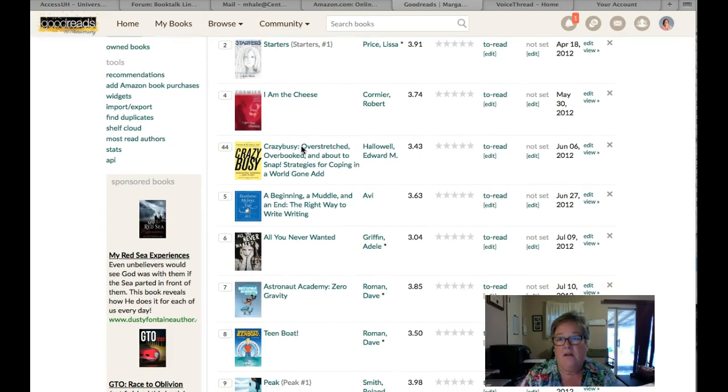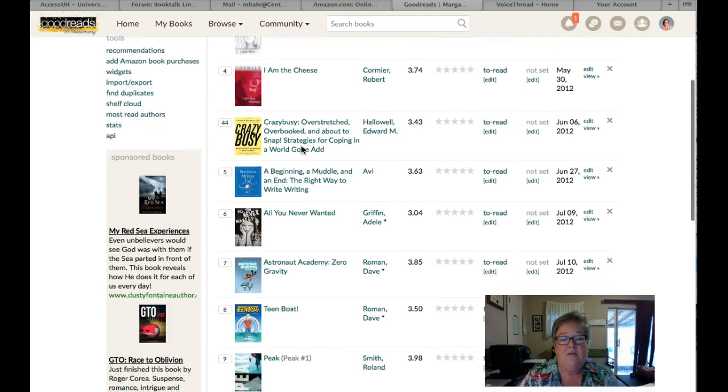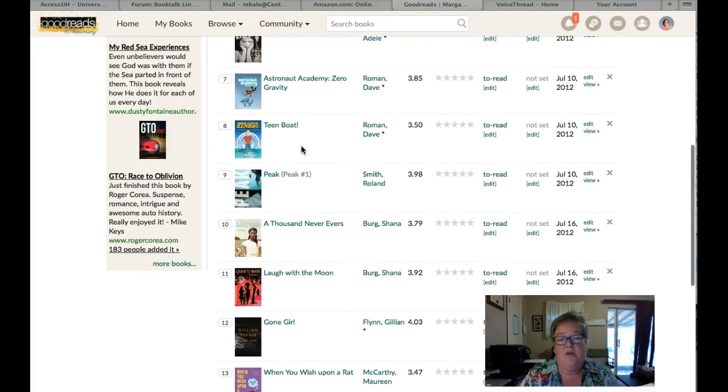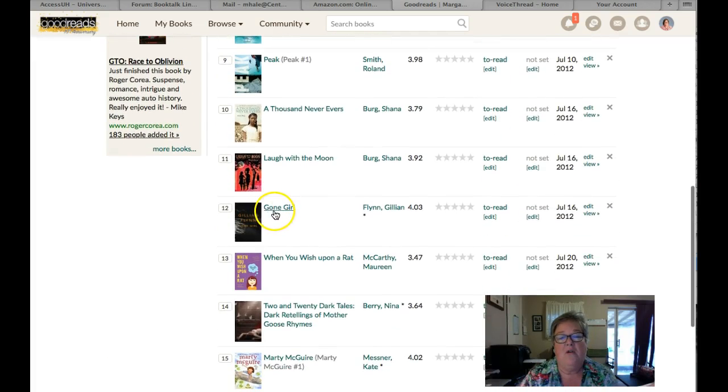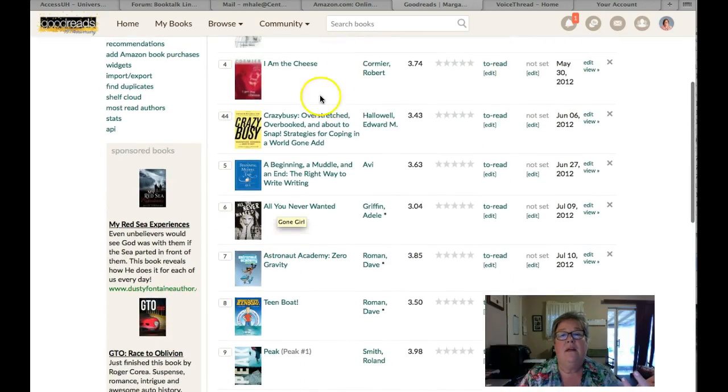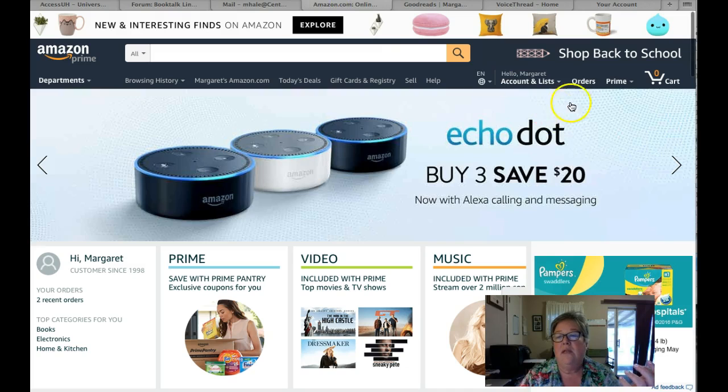I will tell you, not all of these are young adult books. Some of them are professional books. Some of them are just adult fiction, like Gone Girl. I want to read that, but I haven't done it yet. So there's a lot on here. If you have something like this, you can use this as a starting point. Some people like to keep a